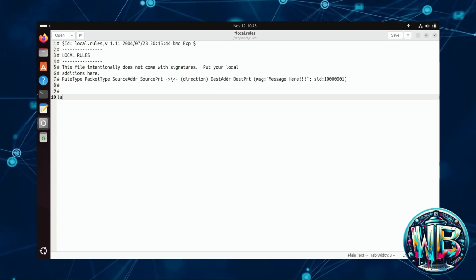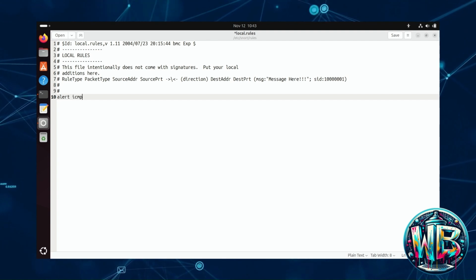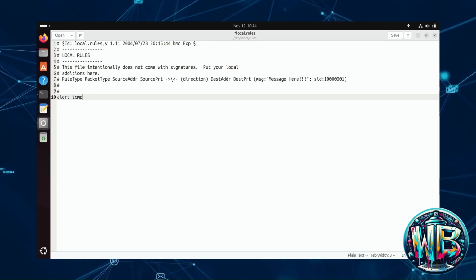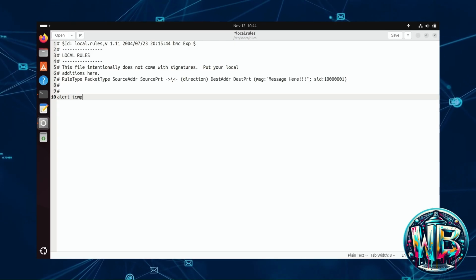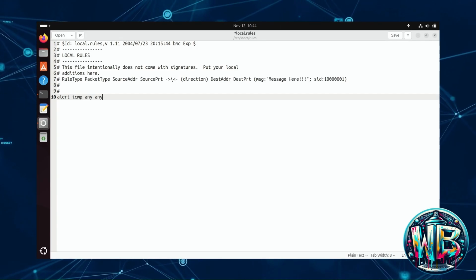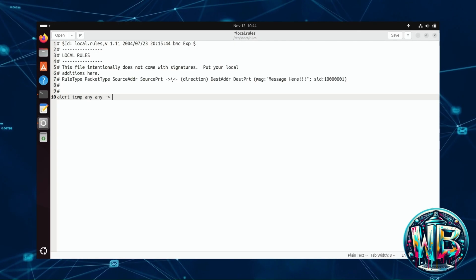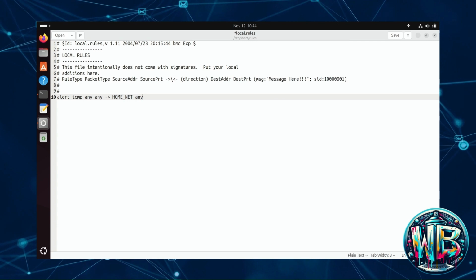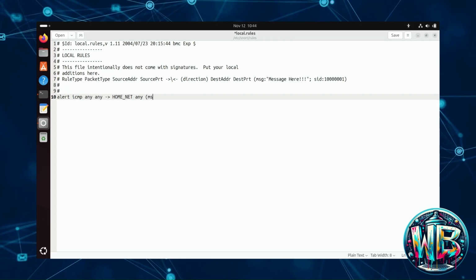So our rule type is going to be an alert. We're going to look at ICMP, and by the way, I've got a Linux box that is pinging this machine, kind of simulating the attack right now. So the packet type is going to be ICMP, and then the source address is going to be any. Destination or source port is going to be any. This is going to be from source to destination, and we're going to call on that home net variable, and then that is our destination address. Our destination port is going to be any, and then we put in our message,